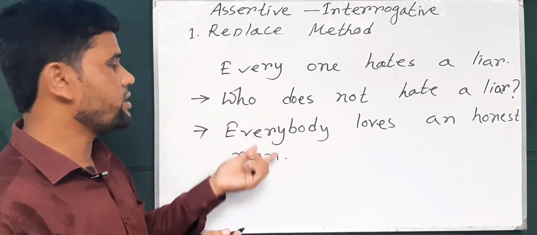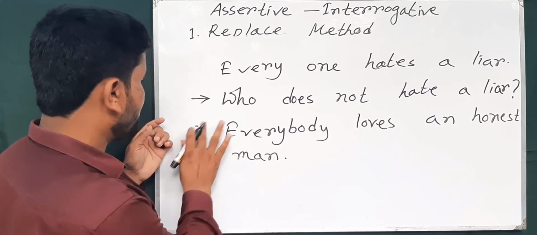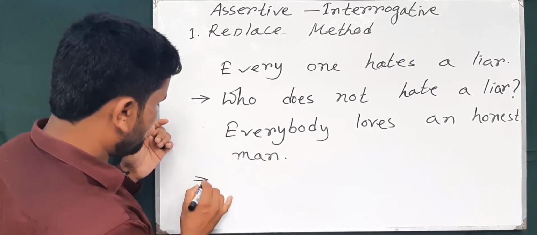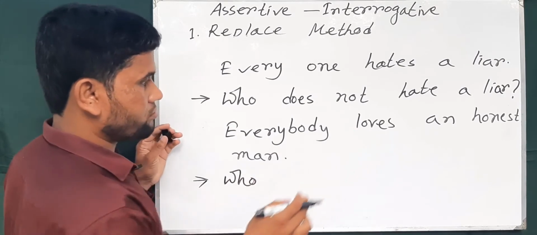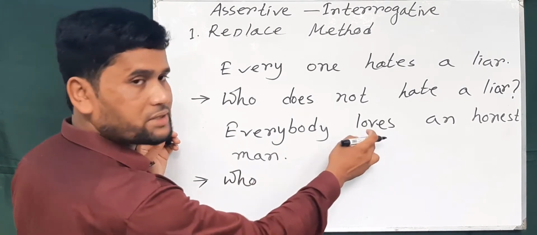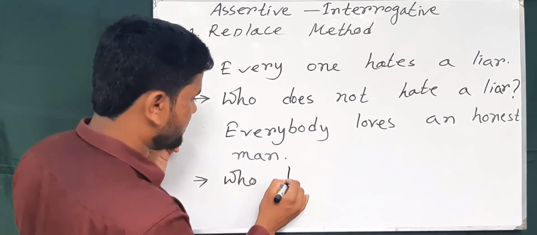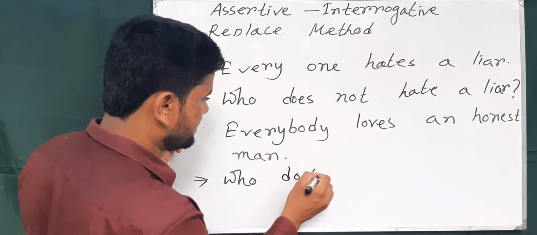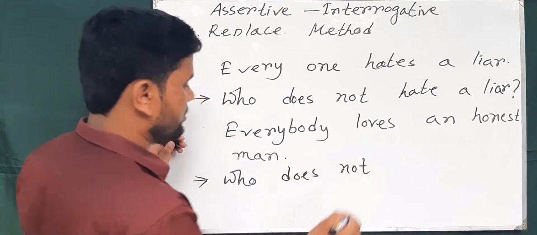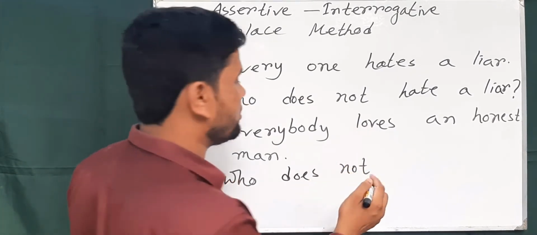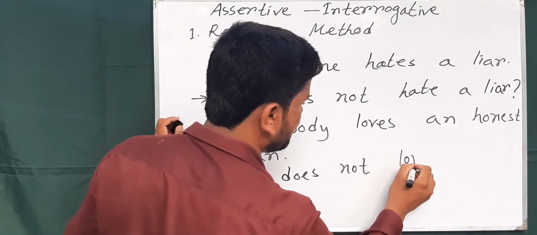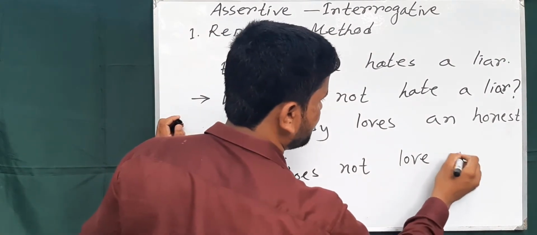If you find everyone or everybody, you should use who. Then according to the verb loves, present form, so we can use does and not. Who does not? So after do not or does not or did not, we must use base form of verb